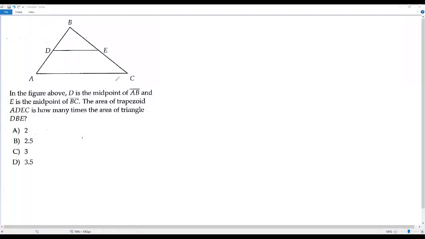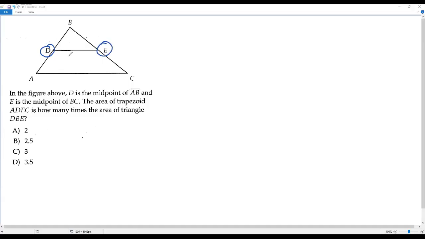Here we have a SAT math problem. There is a triangle over here. In the figure above, D is the midpoint of AB and E is the midpoint of BC. The area of trapezoid ADEC is how many times the area of triangle DBE? Okay, here the question clearly says that D is the midpoint of AB and E is the midpoint of